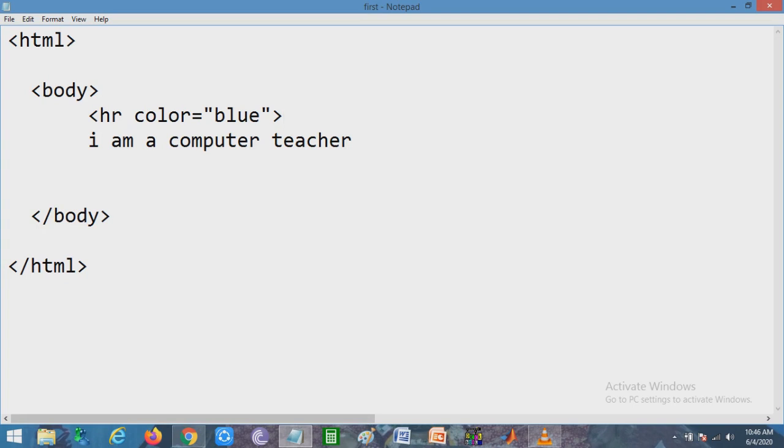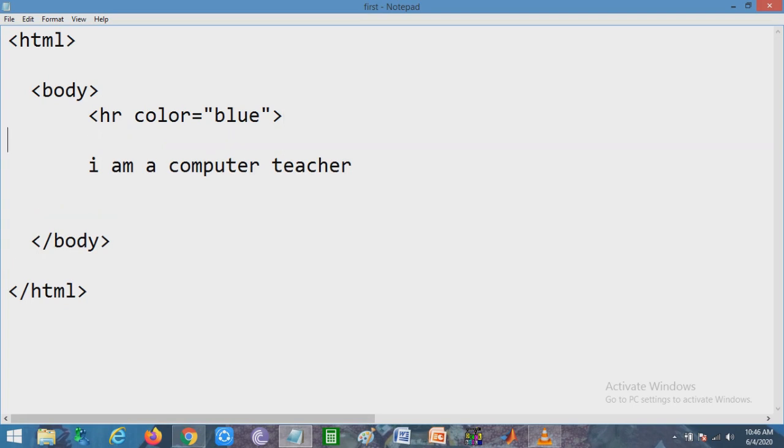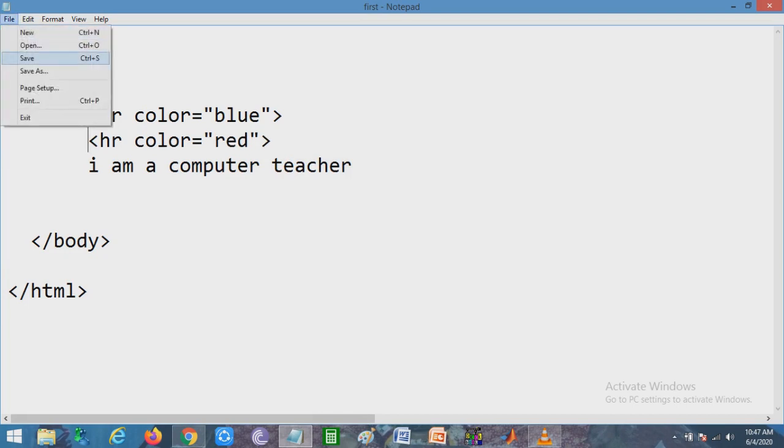Another one: I am copying it, I don't need to write it again, and pasting it, and we are mentioning here another color, that is red. Save it and run this. At the output we will have two different colors of lines.